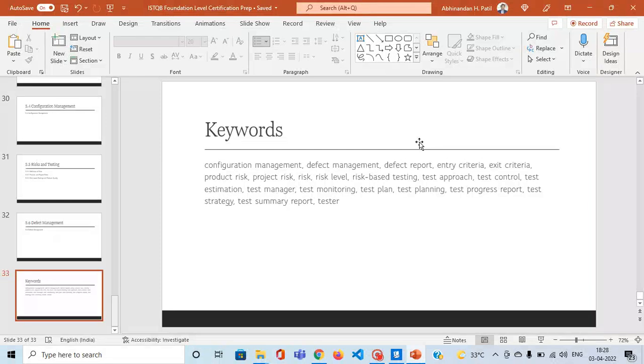This is a quick recap section. Let's see whether we have covered all the keywords prescribed for this chapter or not. So first is configuration management. We discussed tools like GitHub or proprietary